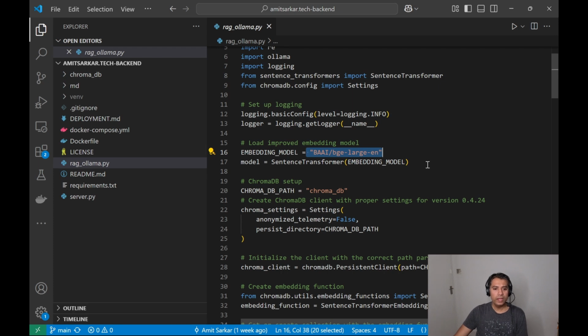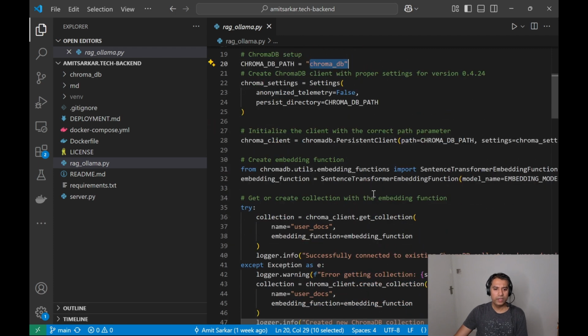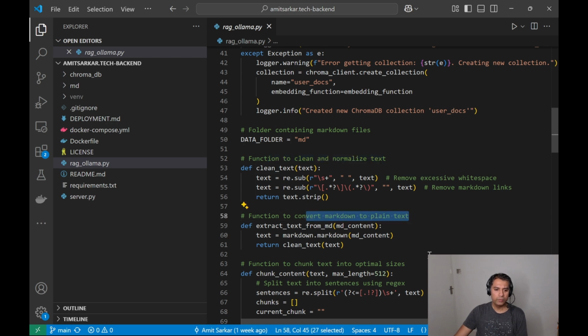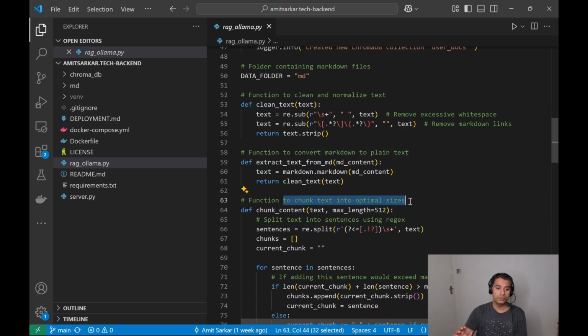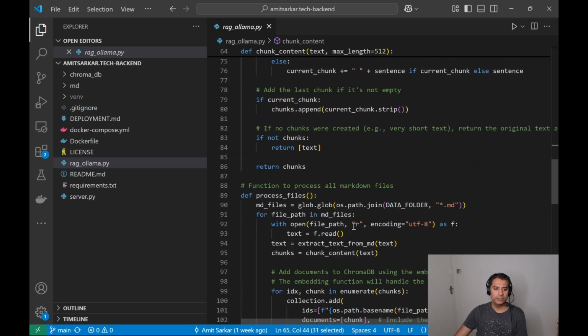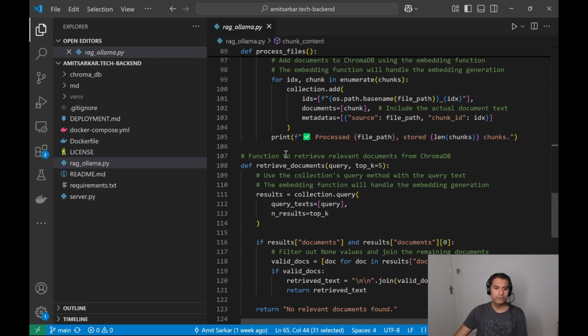We are telling it to use a database called ChromaDB, making sure it's with the correct parameters, and then we are calling the embedding function. We create the embedding function, check the markdown files, clean and normalize the text, and convert markdown to plain text. We then chunk the text into small sizes and split text into sentences using regex. Once the chunking is done, we process all the markdown files and add them to ChromaDB, and then there's a function to retrieve